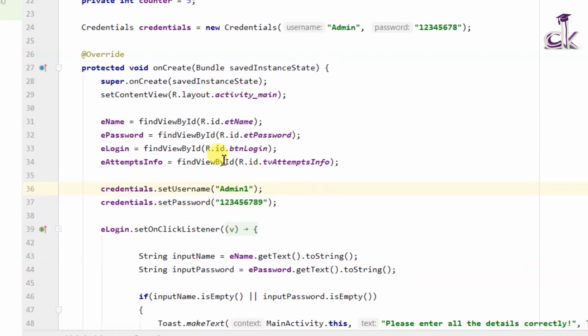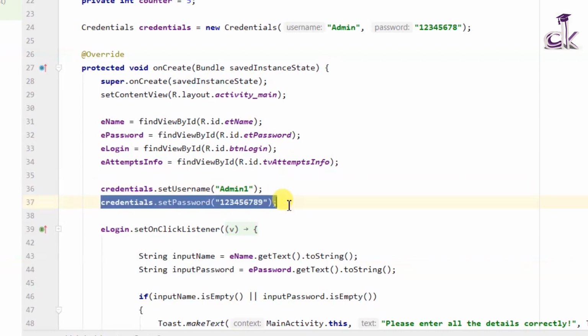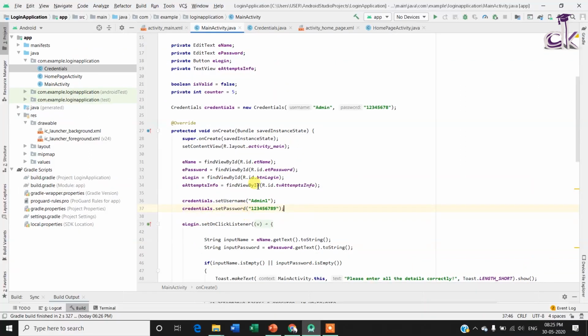Okay, so I have changed the value of the username and password, and now I want you to run the app and try to enter user as admin and password as 1 2 3 4 5 6 7 8, and you will see that now the app no longer works. It basically does not allow you to log in now